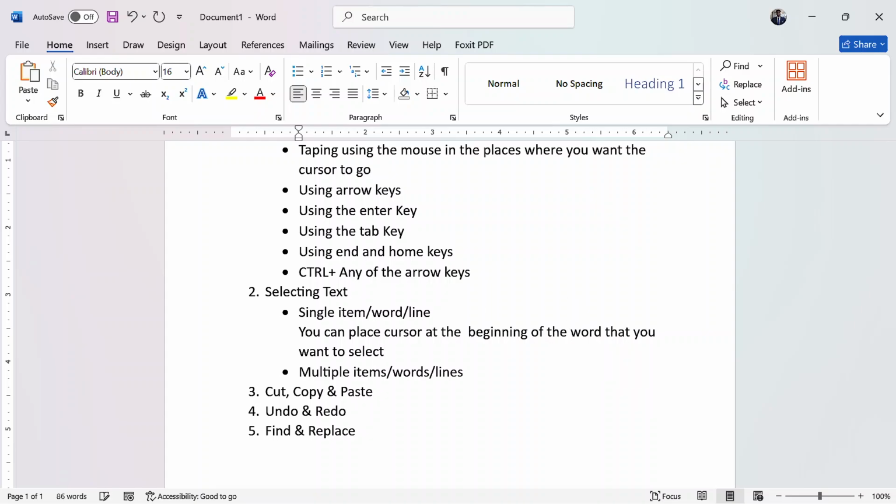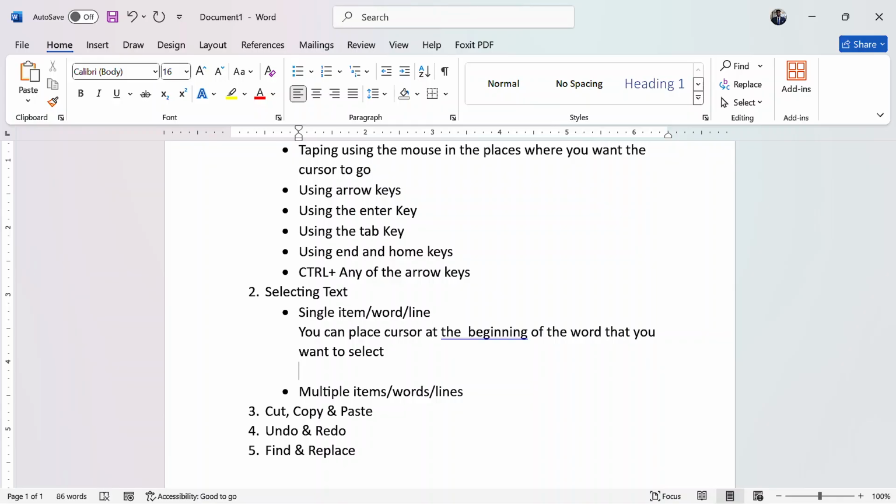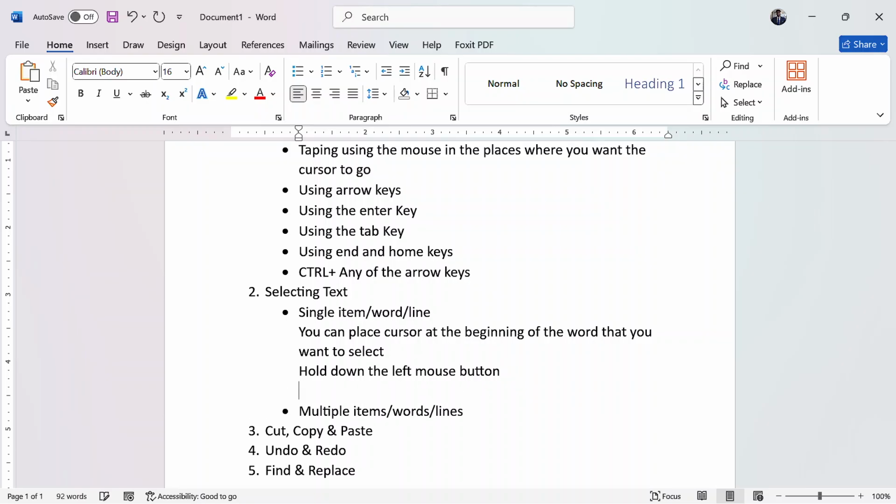When you put the cursor there, hold down the left mouse button and then move your mouse on the mouse pad.